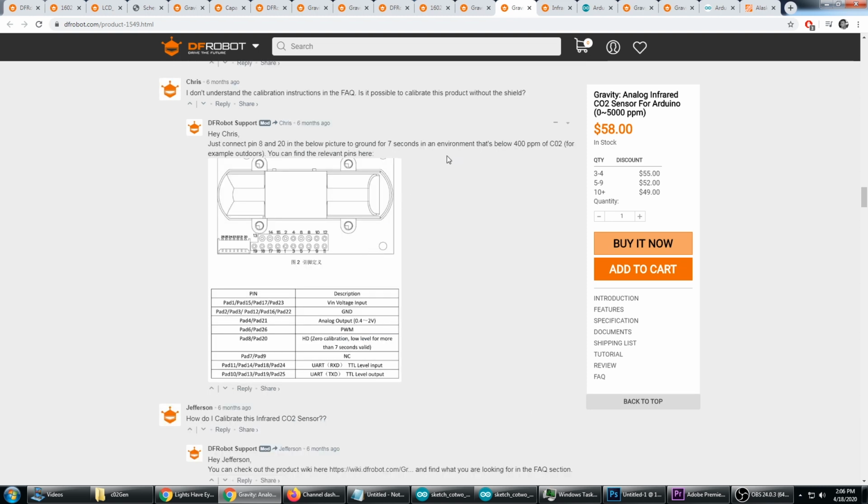And in addition to that, you can do a manual calibration by putting the sensor in an environment that's at 400 ppm for 20 minutes and then connect pin 8 and 20 to ground for 7 seconds. So pin 8 and pin 20 need to be connected to ground for 7 seconds if the sensor is in air that's at 400 ppm. This is going to calibrate the sensor to the 400 ppm baseline, which it should be right at around 400